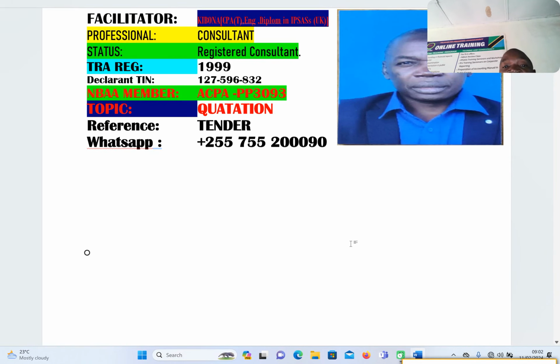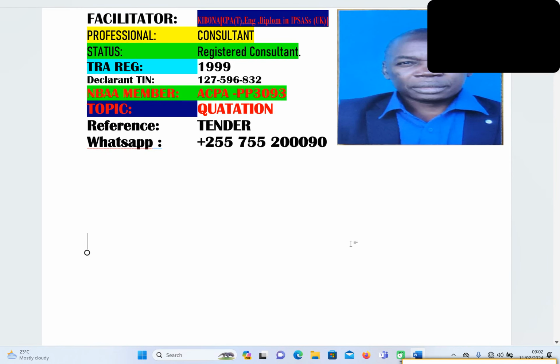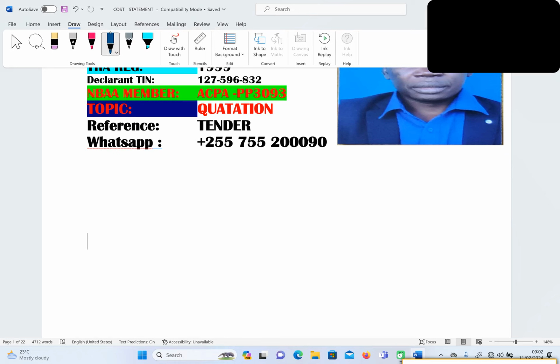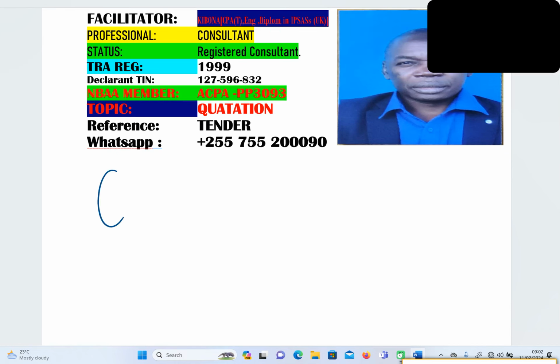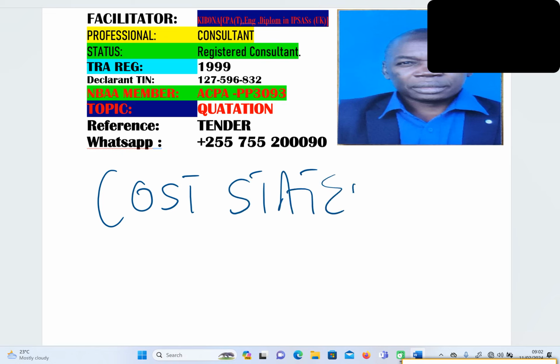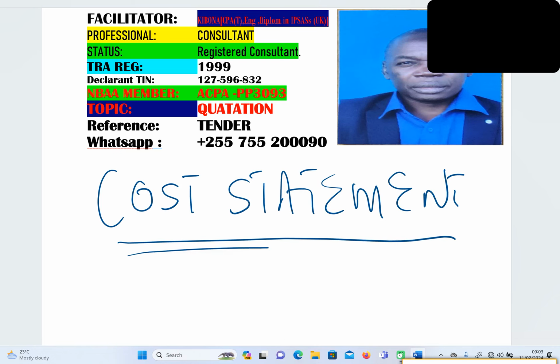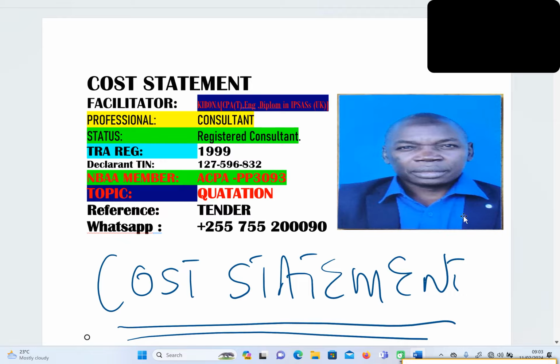Cost statement is a statement that explains the quotation. We first talk on quotation. So let's say cost statement. So we need to establish the quotation itself and